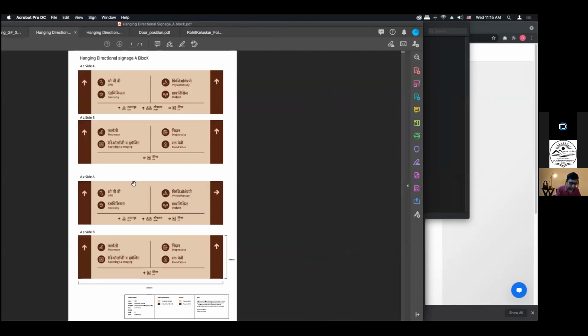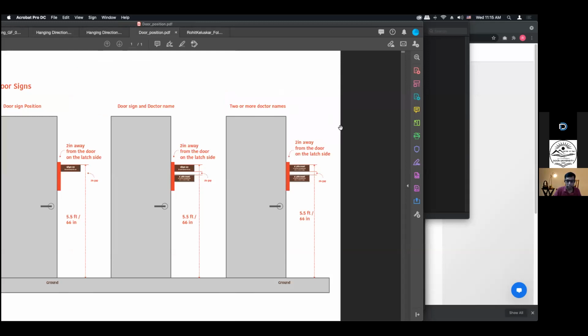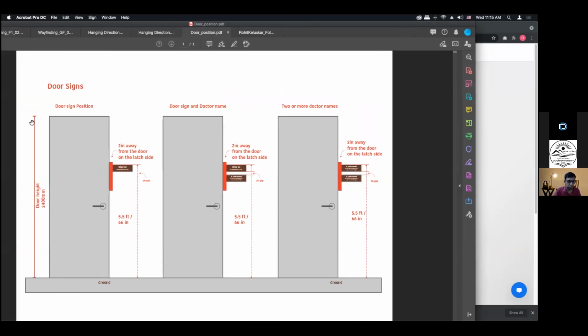So here, this is an actual artwork. And we talk of alignment, we talk of spacing, we talk of text sizes and all. And when we give these signs, this is outside design. I've written A1 side A, A1 side B. This is not part of the design, but still this was important when we actually handed the signs to them. Also, this is how we gave the placings of those signs, how high it should be placed, how much spacing we should leave and all.